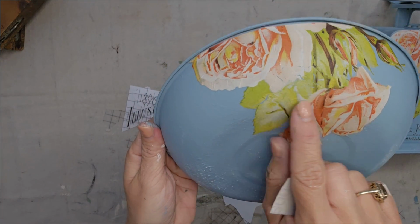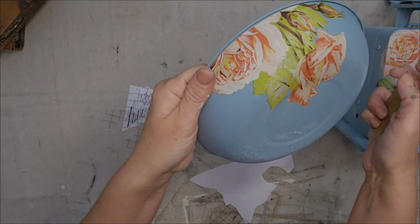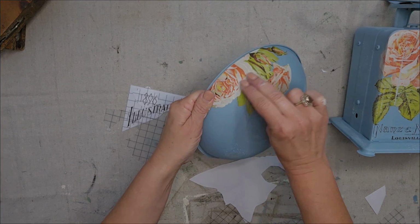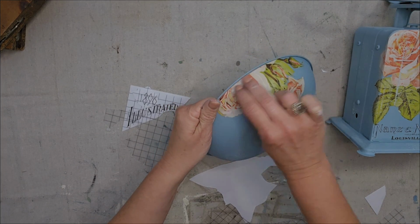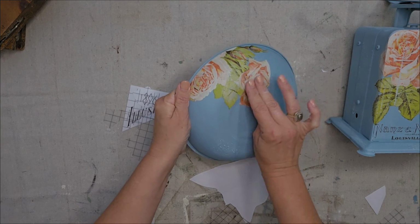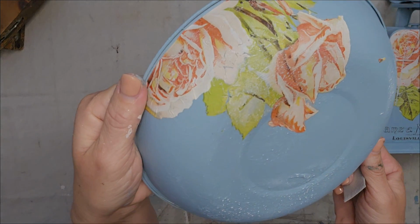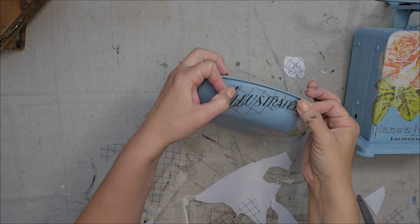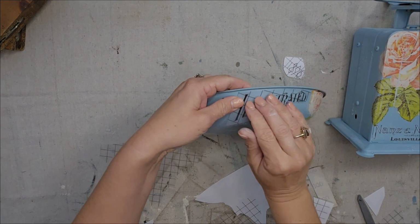I did end up with a few little crinkles, which is totally normal when you're doing a round surface, and that's where the sandpaper really comes in handy. That way, you could just distress it a little bit and it all looks like it was meant to be that way. Now I'm just going to add in the two pieces of typography that I have left